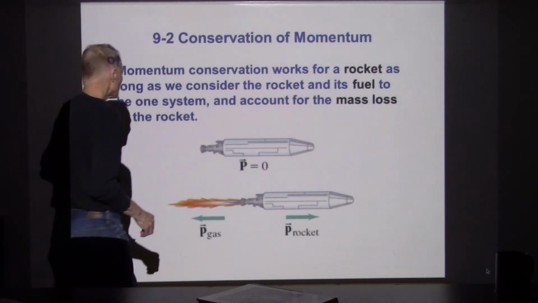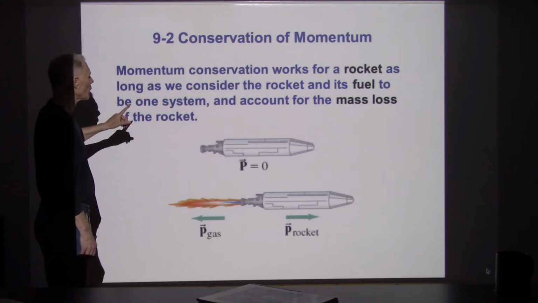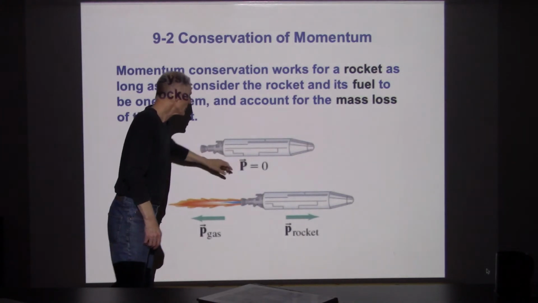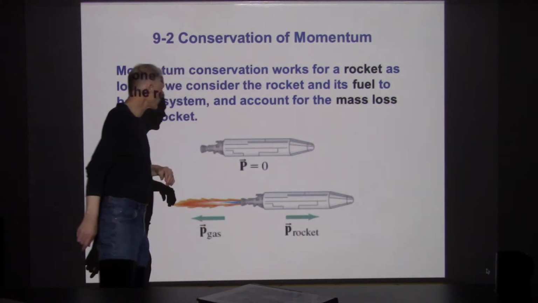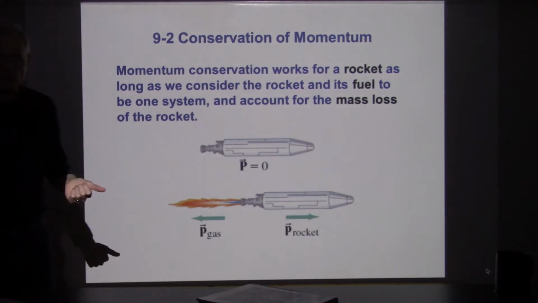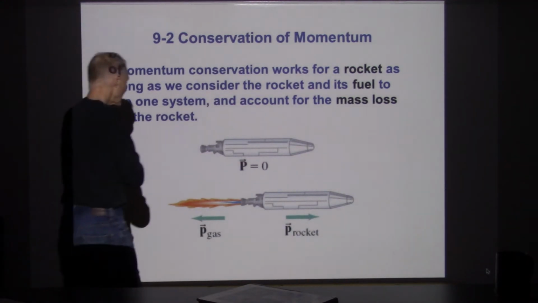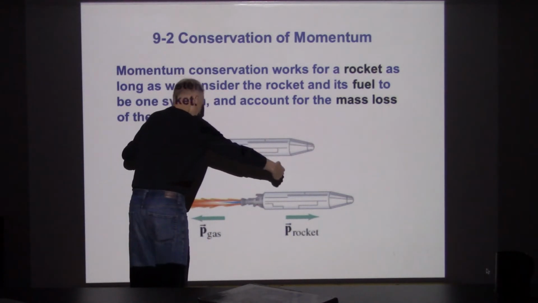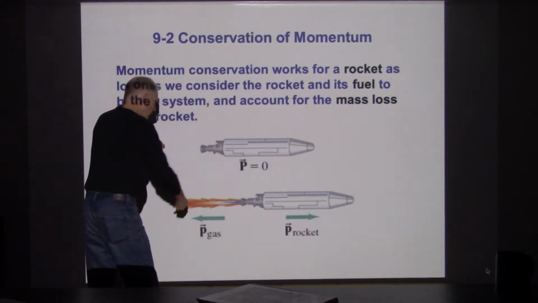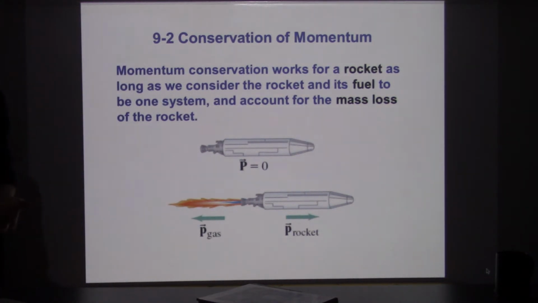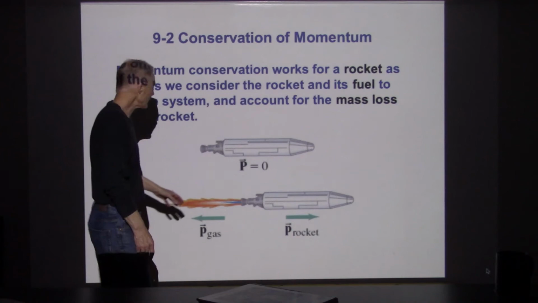All right, a little rocket science here. So what about a rocket? Here's a rocket sitting here in space, and it's apparently at rest with reference to the coordinate system that we've come up with. So in this reference frame, the rocket has no momentum, and then the engines are fired. What happens? What's going to happen here is that the gases coming out the nozzle are going to have a lot of momentum. We come up with the most violent chemical reactions we can to serve as rocket fuel, and then that violent chemical reaction